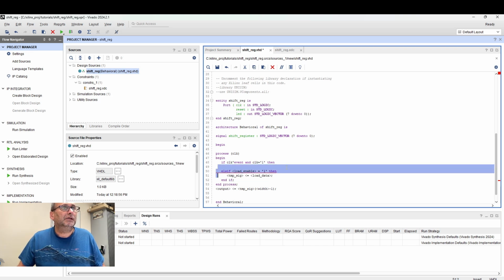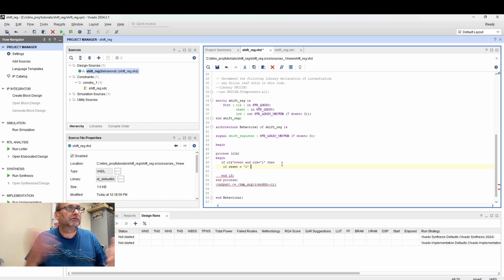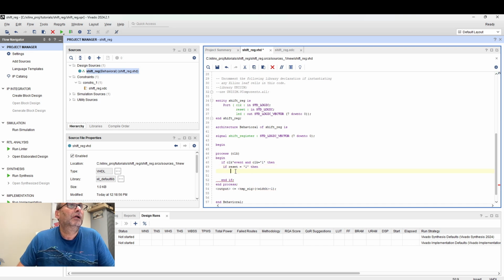I'm going to erase everything inside. Right? So we have here if clock is rising, basically saying this, if there is an event and the clock is getting 1, which means it was 0 before. So if you have a rising edge of the clock, do what? So we'll say here, if reset equals 1, so if the reset is on, then load this register